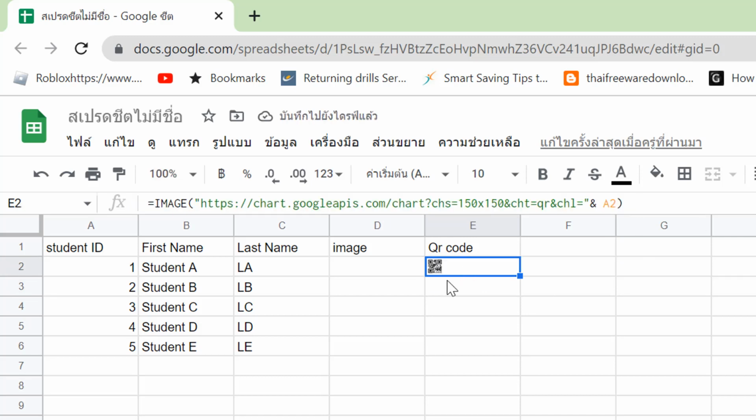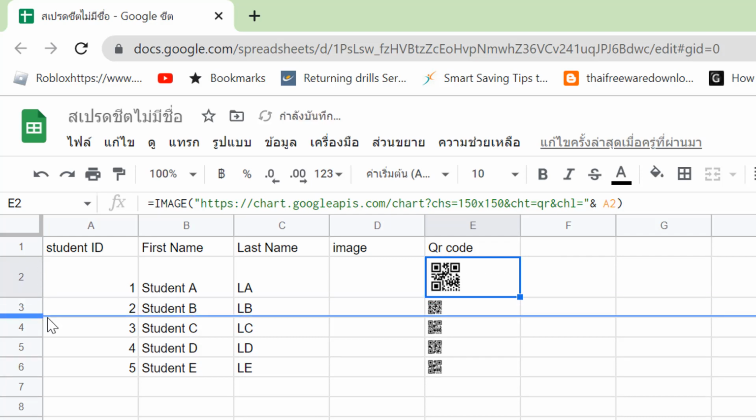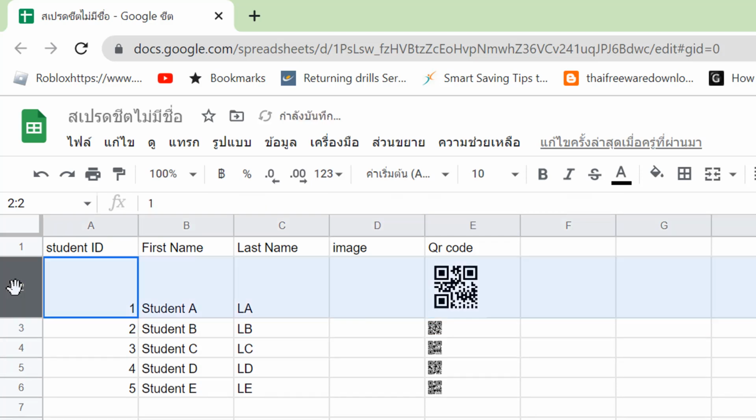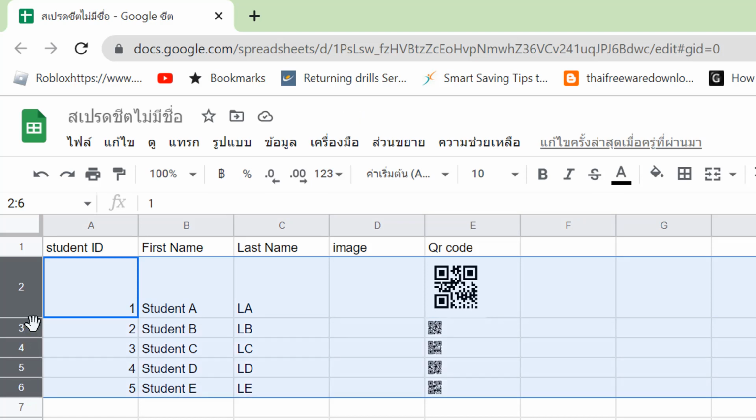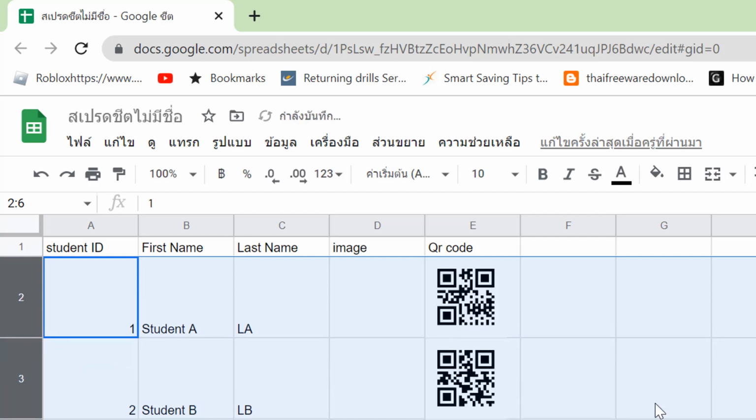Okay, now you see that you can enlarge it a bit, make a copy, and then you can enlarge it, or you can select all this. Okay,